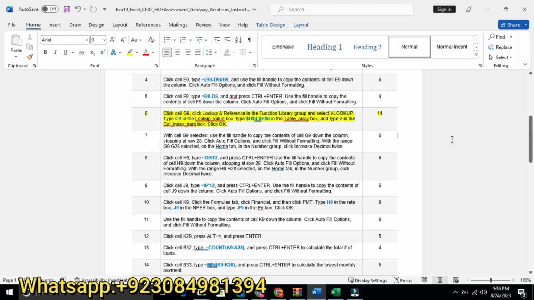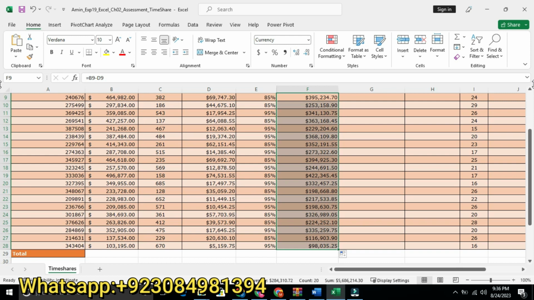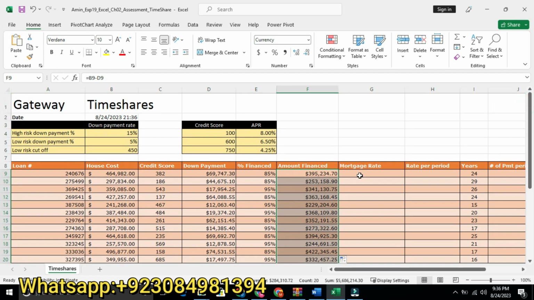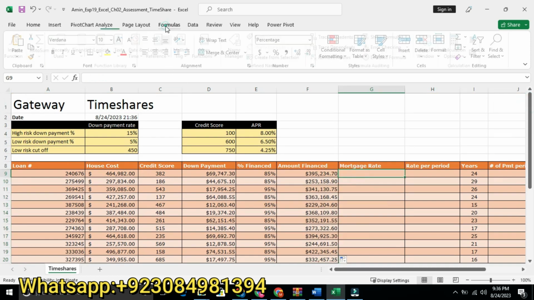Our sixth step is click cell G9, click Lookup and Reference in the function library group and select VLOOKUP. So we will go to cell G9. We will go to the Formula tab.